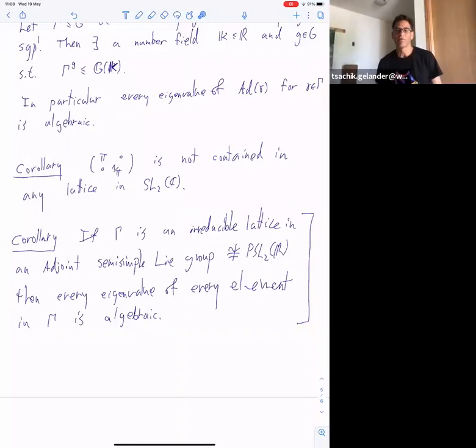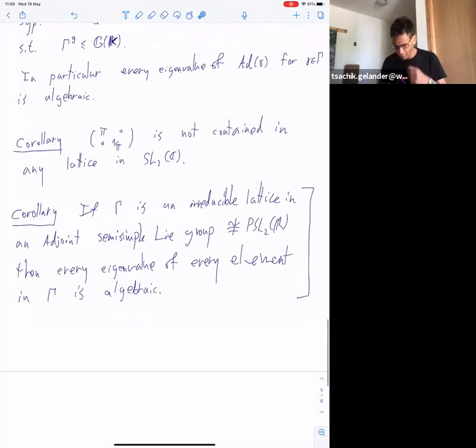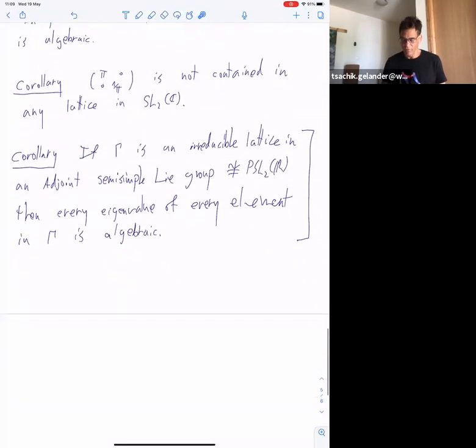Selberg realized that for uniform lattices in SL_n(R), where n is at least 3, he proved local rigidity and did this as a corollary. And I think that was his motivation to formulate the arithmeticity conjecture, that every lattice in higher rank is arithmetic. His first formulation was not precise and was later corrected. But let me explain how you prove it.